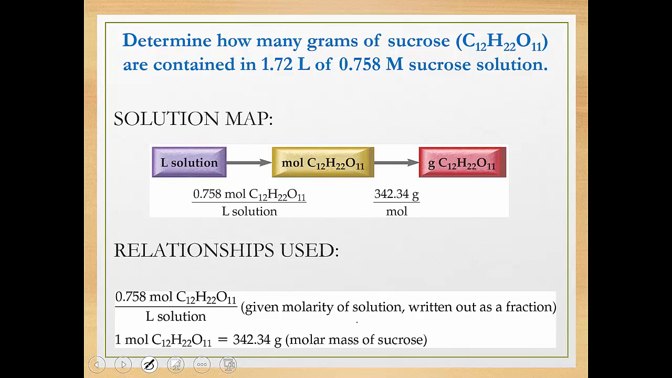Here's another example. Let's determine how many grams of sucrose, which is C12H22O11, we would have in 1.72 liters of a 0.758 molar sucrose solution. When we look at this one, we're trying to find how many grams. There's nothing in here with grams, but we do have moles from right here, because what this is telling us is that we have